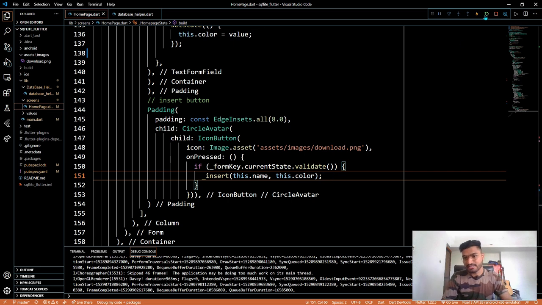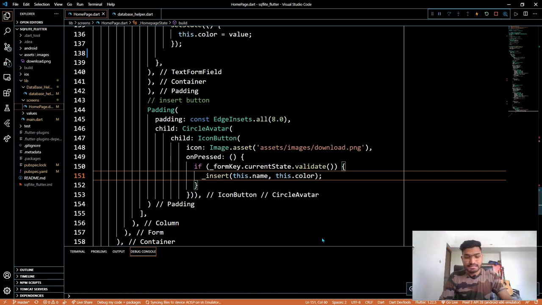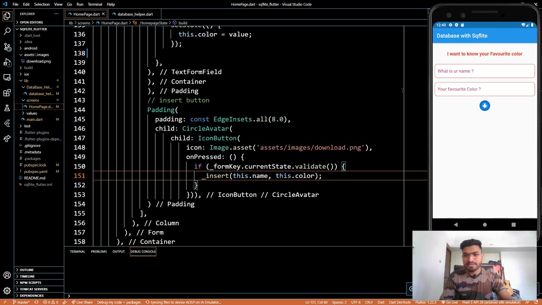So I'm just going to restart one time, and until it restarts, I will write the username and the color and then insert it into my table. Okay, that is taking a lot of time, I guess.